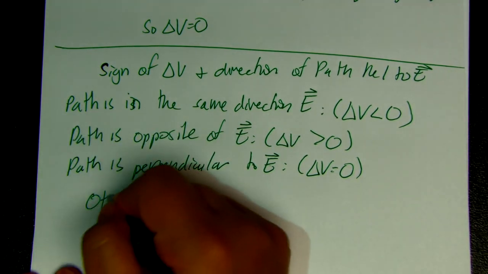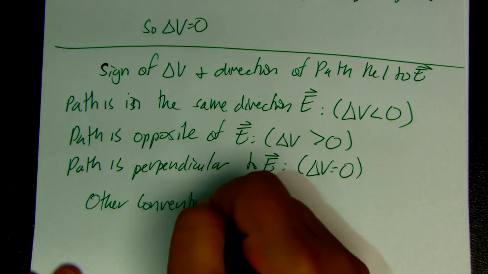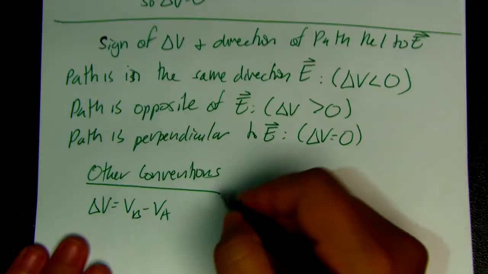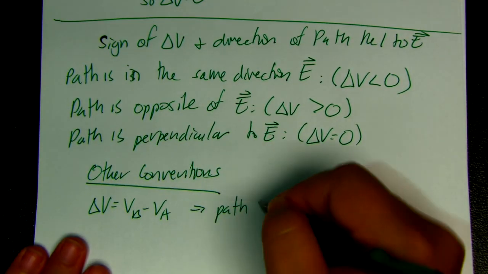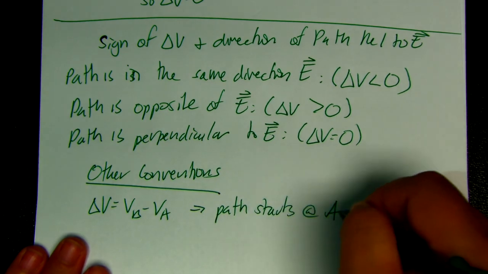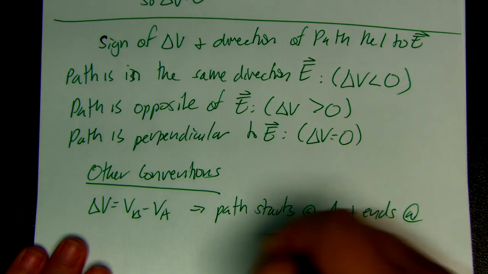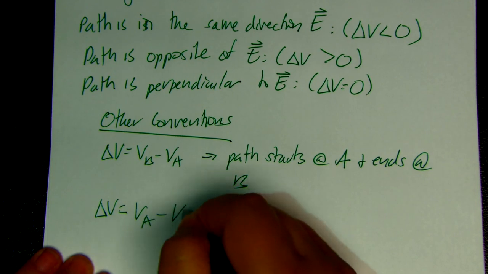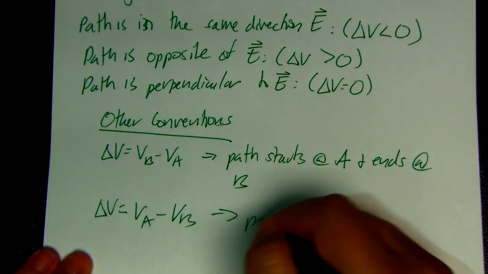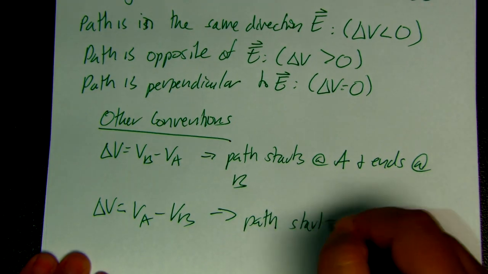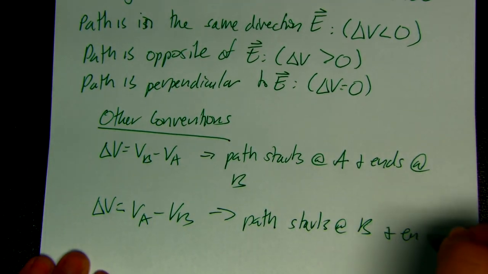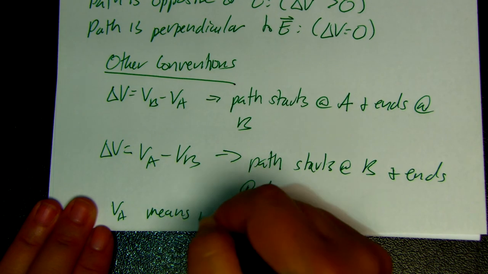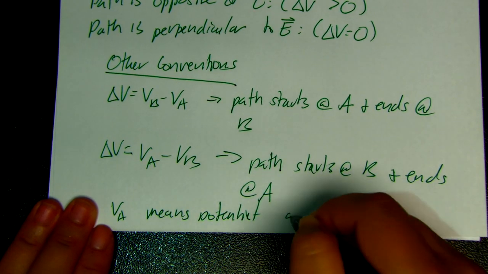And other conventions, just so that you're used to them. Delta V is equal to VB minus VA if the path starts at A and ends at B. And then delta V is equal to VA minus VB if the path starts at B and ends at A. And V sub A means potential at location